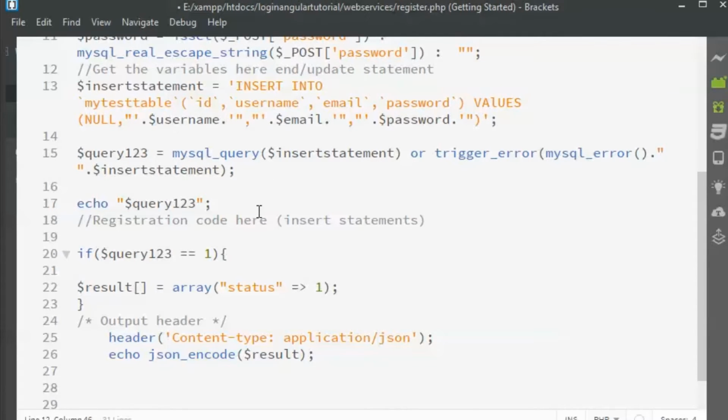Okay, you have to write an insert and update statement. Then you just execute it normally with the PHP variable, and if it is inserted, return the status of 1, otherwise return the status of 0, or you can return whatever values you want. This is how you return. Here the value that is returned is being echoed. So this is all for the web service file.